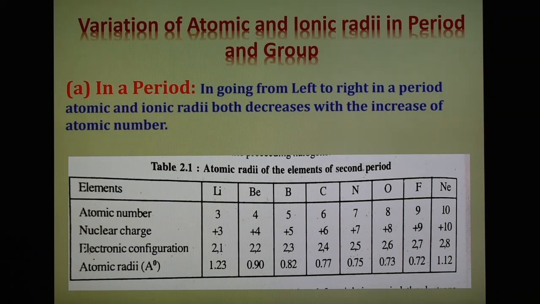Now we can explain that as we go from left to right in the period, electrons are added to the orbital of the same quantum number or same orbit, that is, electrons are added to the same principal quantum shell. Addition of electrons to the same principal quantum shell is on average no further from the nucleus, and hence cannot add to the size. But with the addition of each electron, the nuclear charge increases by 1. Therefore, the increase in nuclear charge attracts the electrons more strongly, and therefore the size of the atom decreases.